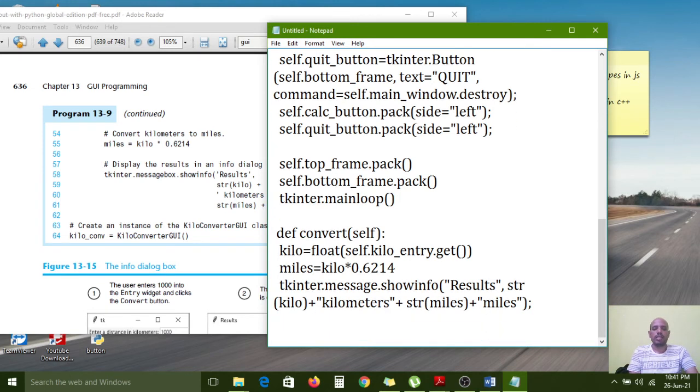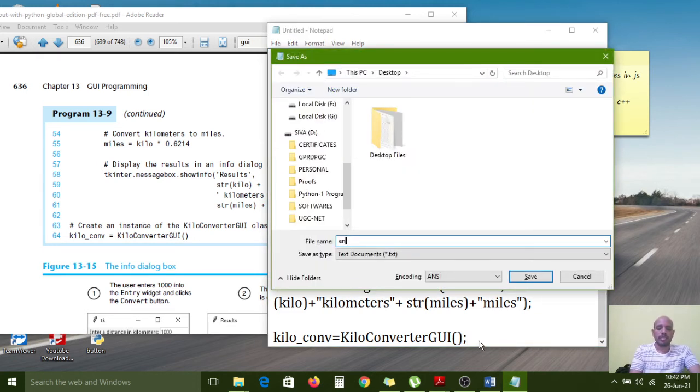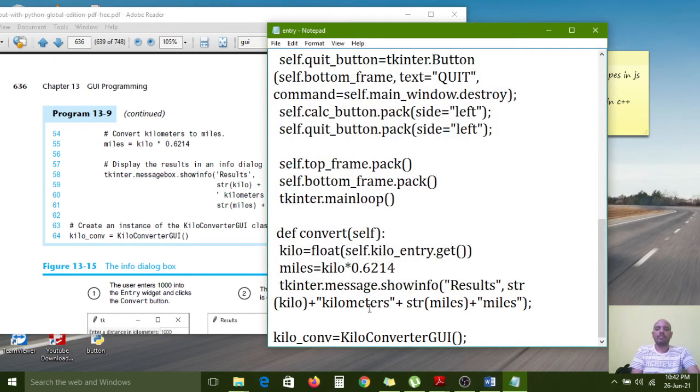Now I want to create the object kilo_converter equal to KiloConverterGUI(). Now I am saving this as entry widget, entry.py, save as type all files.